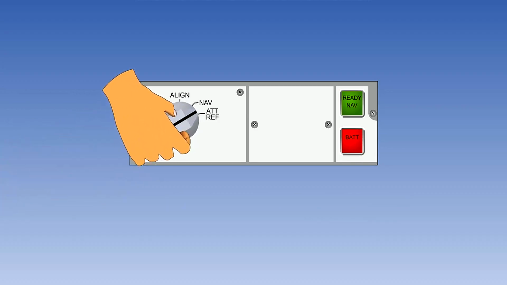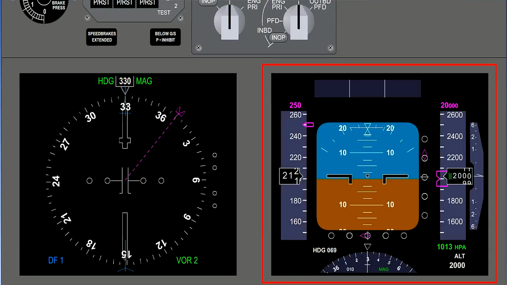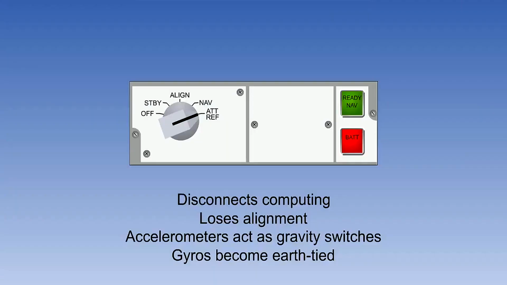We now come on to the attitude reference function. There may be occasion when full navigation computing is not available, but the gyros are serviceable. This could be in the event of a computing malfunction so that Earth rate and transport wander corrections cannot be calculated, or it could be after an alignment failure in flight. On many aircraft, the gyros are used as primary attitude information, as well as for inertial navigation, and it may be possible to retain gyro information.